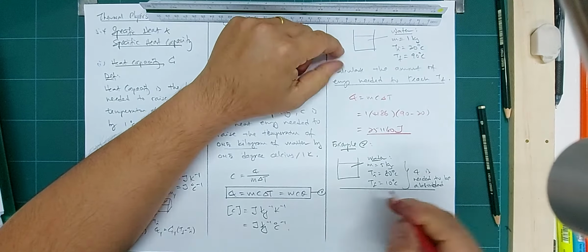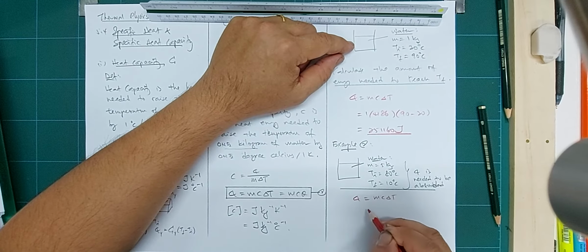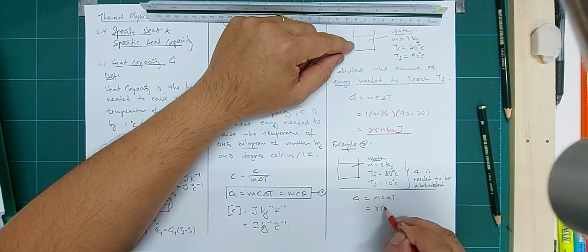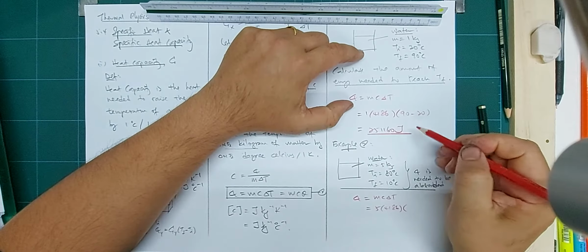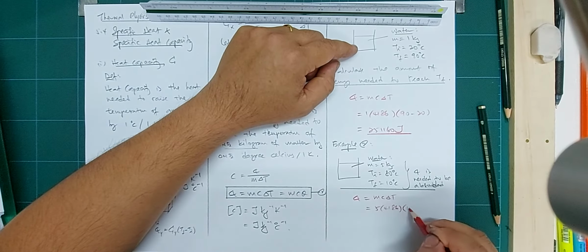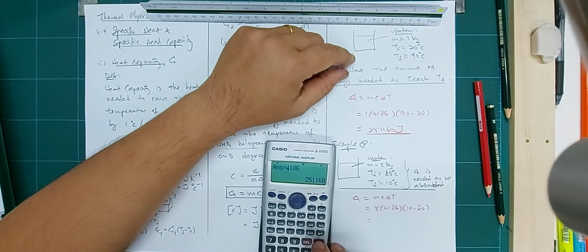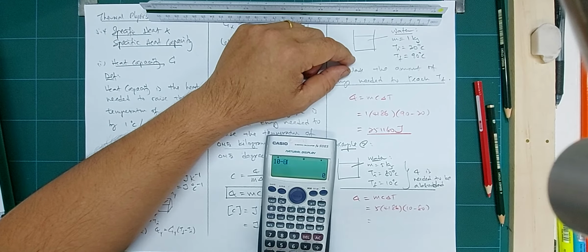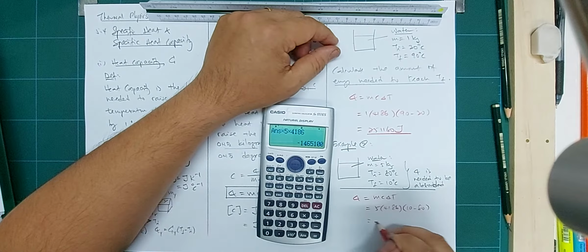We use the same formula actually. So our Q is equal to mc delta T. The mass is 5 kilogram, 4186. Now look carefully here. The change in temperature is 10 minus 80. See? So what are you going to get? 10 minus 80 gives minus 70, right? Multiply by 5, multiply by 4186. Now you get a negative number,